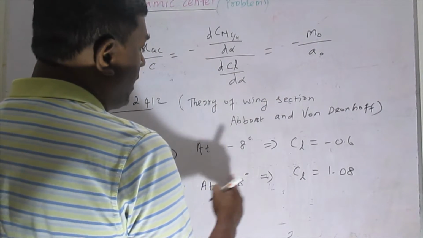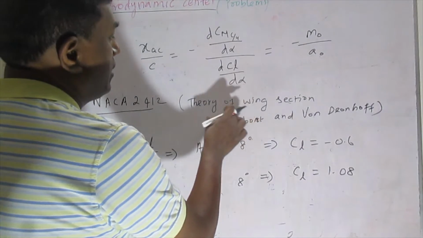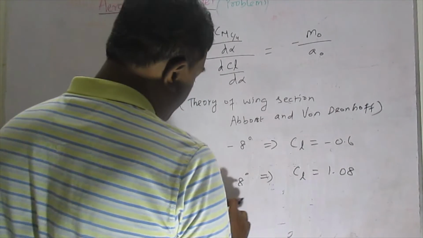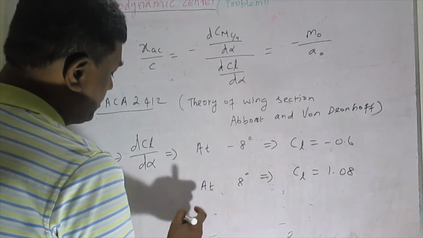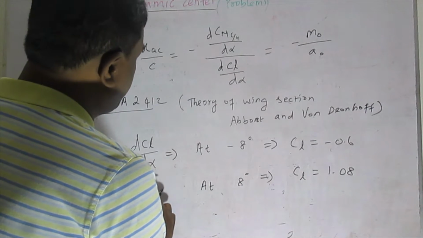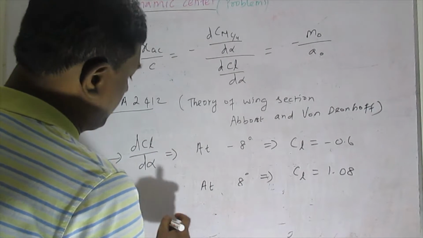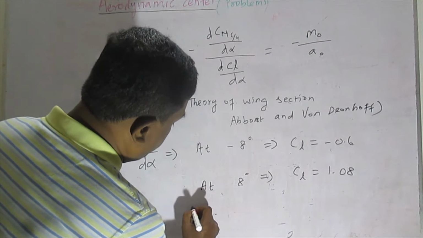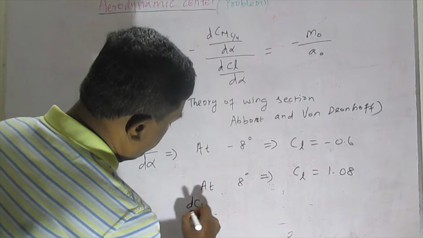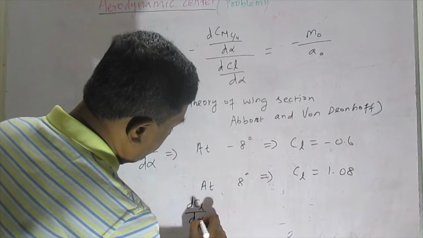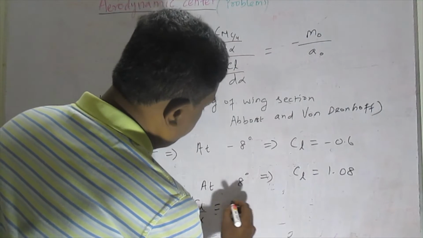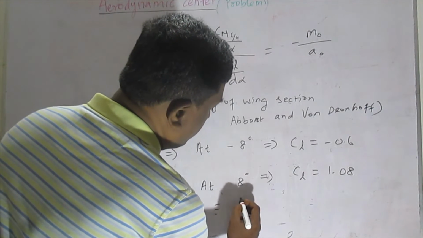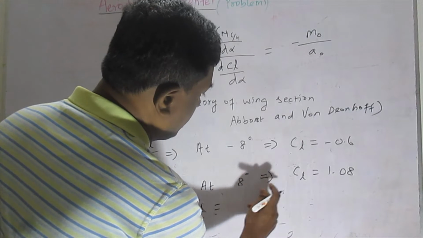So these are the values given in Theory of Wing Sections by Abbott and Von Doenhoff. So we got these values, and based on this we can find out dCl by d alpha. dCl by d alpha is nothing but the difference, that means we take the limits, starting value, ending value,